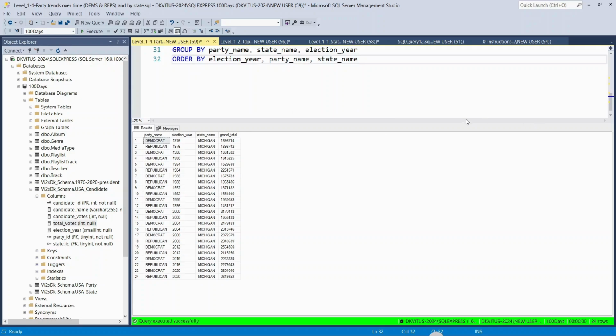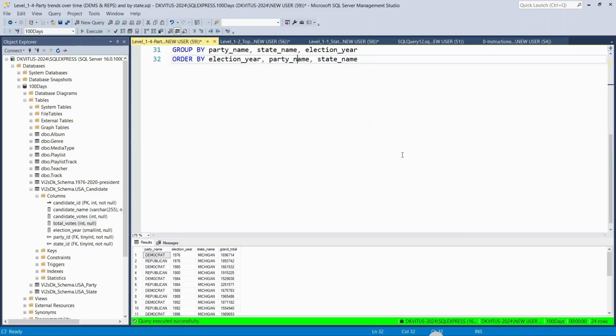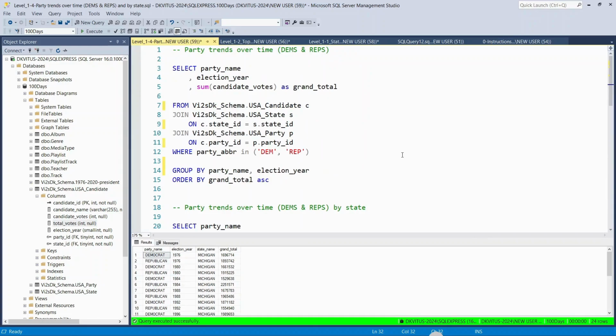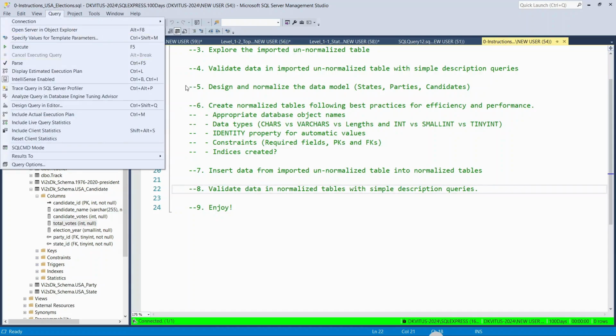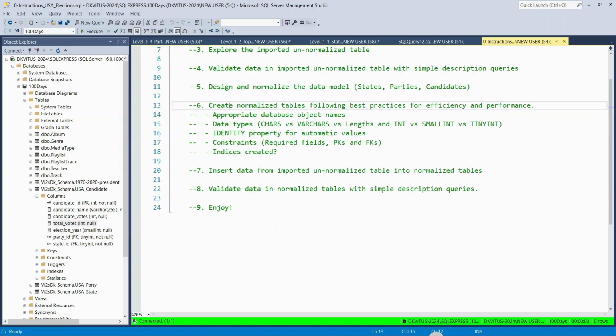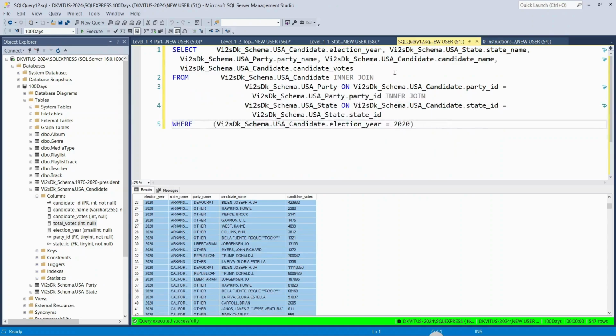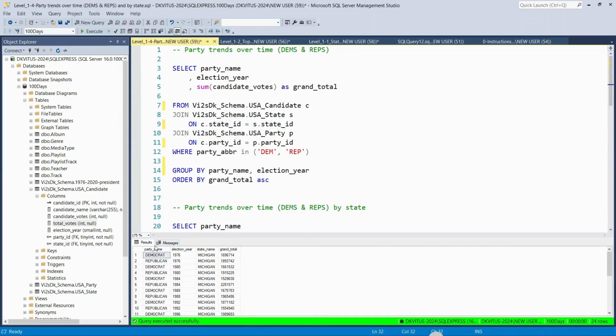Again, just wanted you to get comfortable writing these queries. There are a lot of other queries that we can write. The key here, we had to go through a few things to get the CSV into a normalized database or normalized set of tables that are related. We saw how we can create a query from the query designer and also use some scripts that I created. So from here, we can always just go ahead and say, looking at the last one,